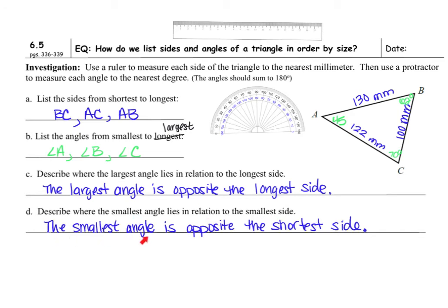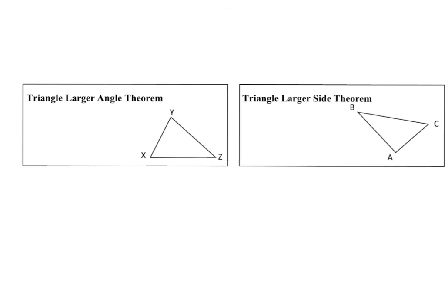The smallest angle ends up being opposite of the shortest side. So my shortest side was 100 millimeters, and if you look opposite of that side, we have the angle, which was angle A at 45 degrees, which was the smallest of the three. So the investigation on the last slide will lead us to the triangle larger angle theorem and the triangle larger